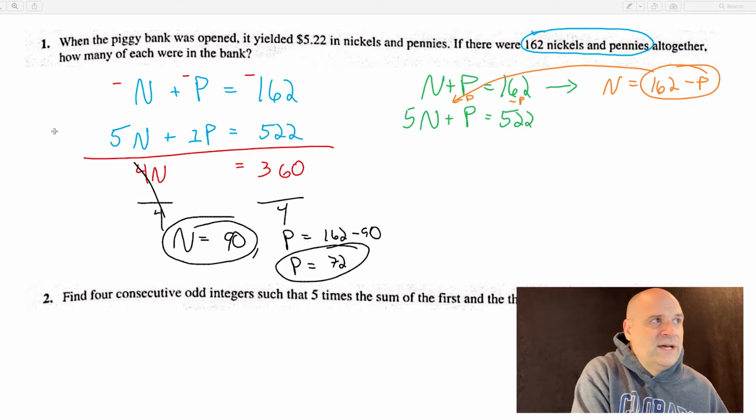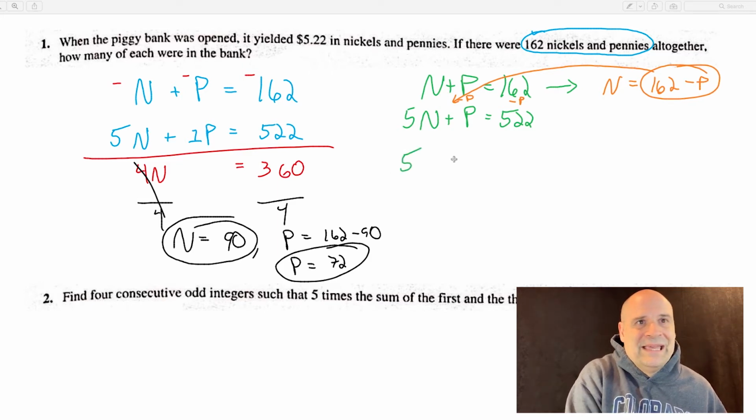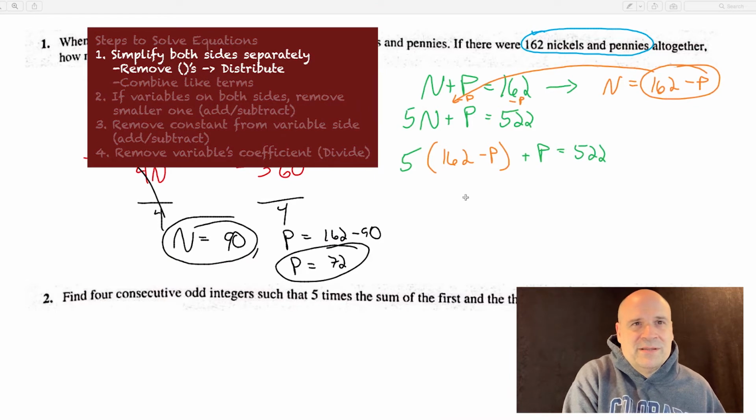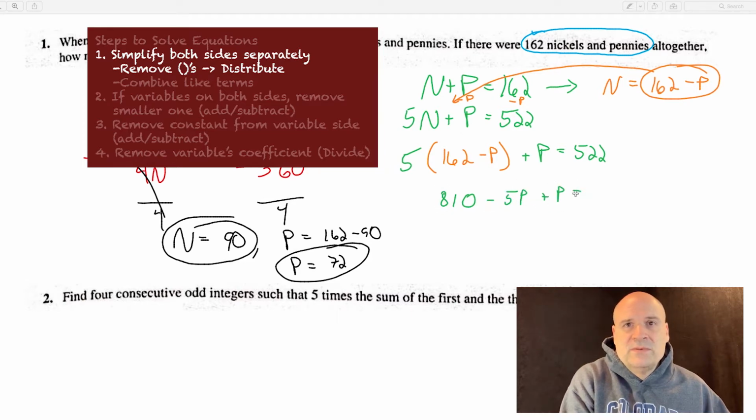So I get 5 times n, which is 162 minus p, plus p equals 522. 162 times 5 is 810, minus 5p plus p equals